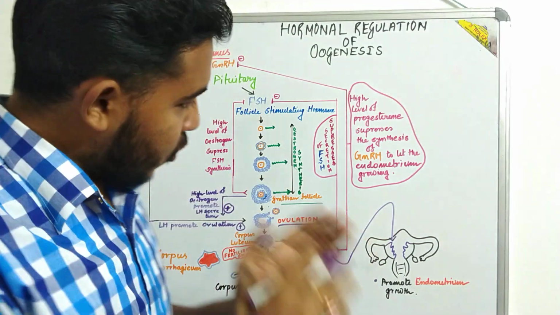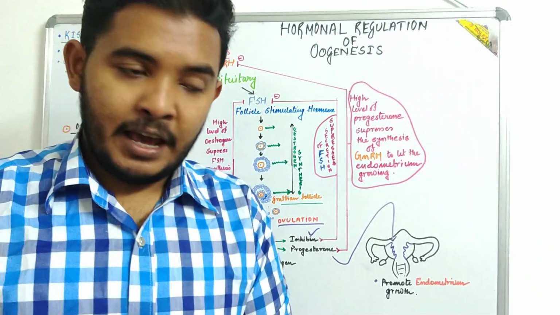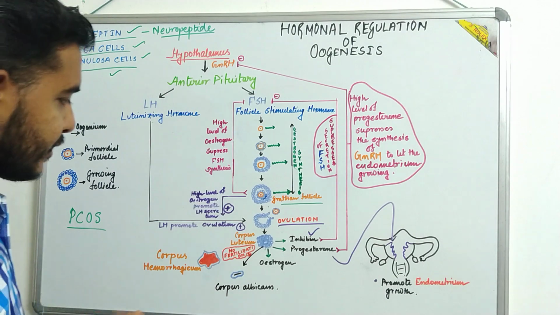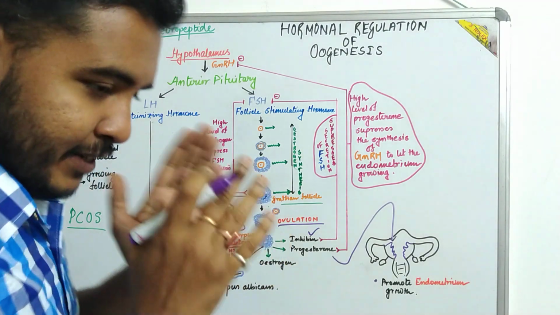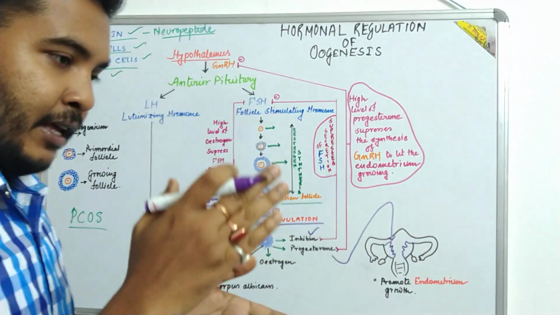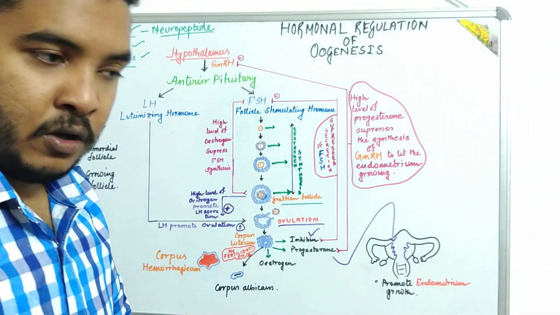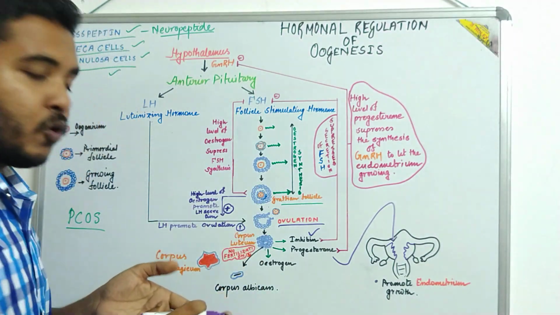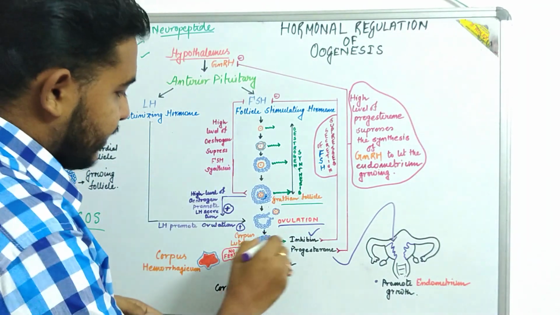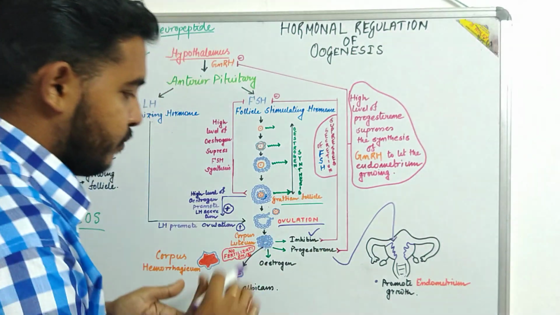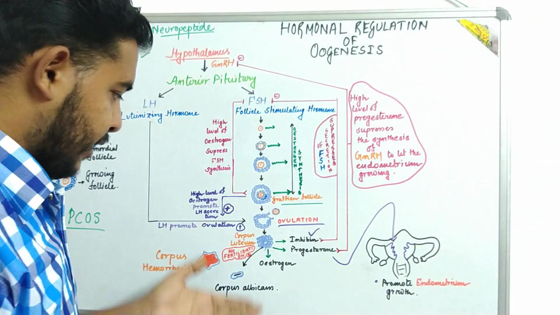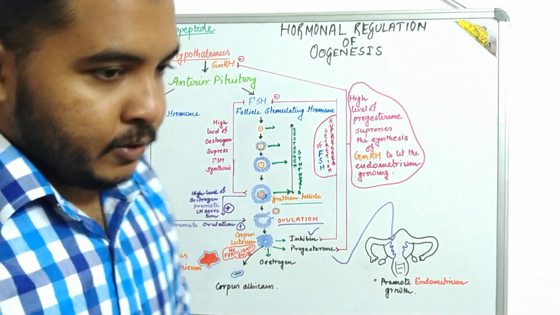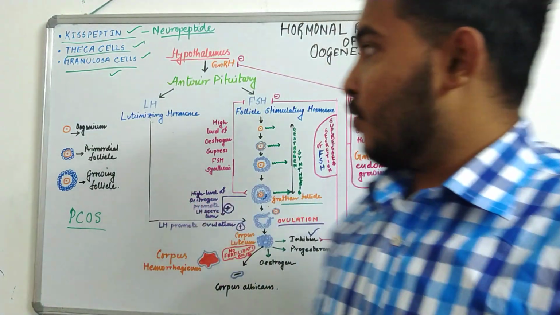Okay, so the whole process is very interesting and everyone should have a good knowledge about it. Here you can see the corpus luteum. It stays there inside the ovary, and if there is no fertilization, it turns into corpus albicans. For 28 days this corpus luteum stays there, it produces inhibin, progesterone and estrogen. If there is no fertilization, it changes to corpus albicans. So that is a generalized view, you can see it.